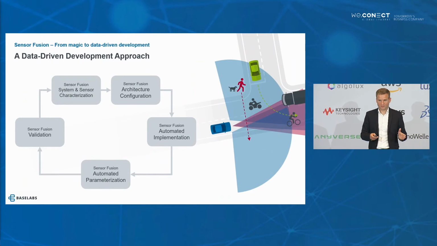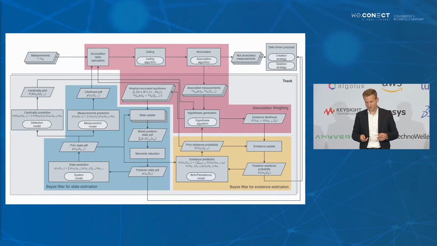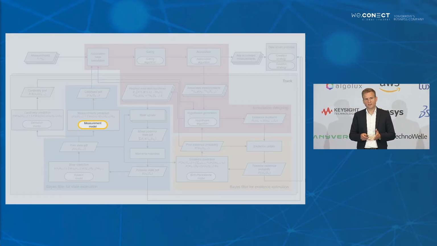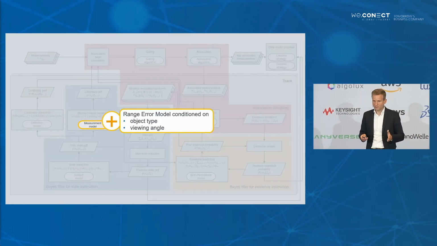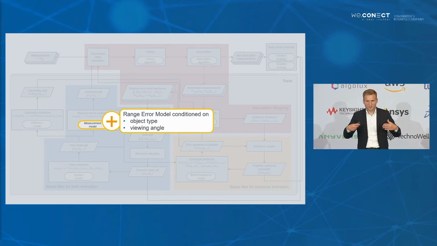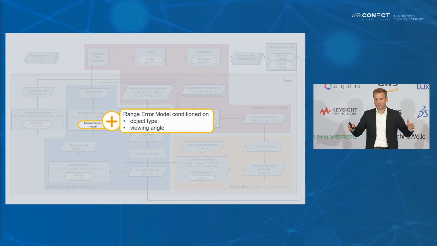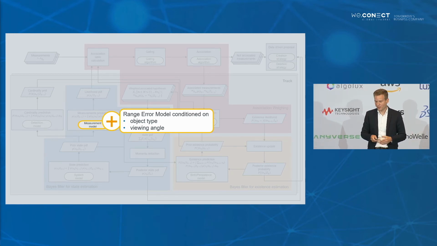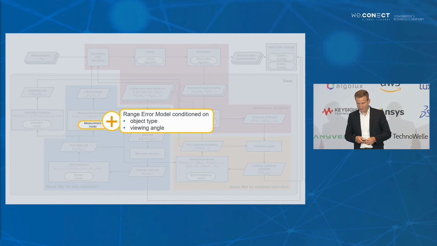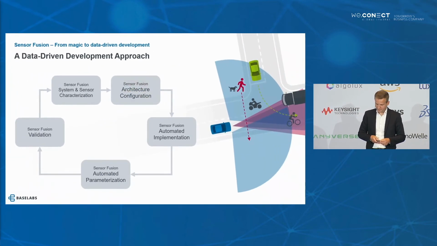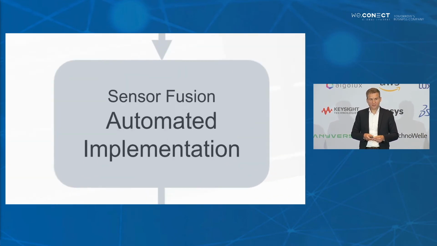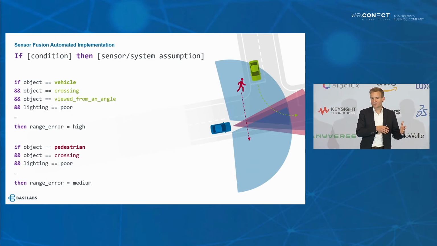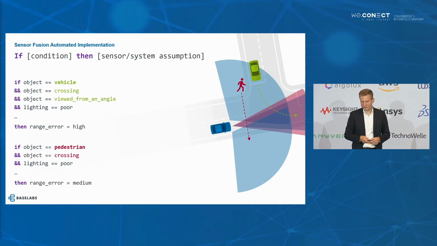Once we have found those models, and of course we have lots of those models, we can now go back to the architecture. If the architecture contains something like a plus button, then we can simply add all those models to the architecture. For that, the architecture itself doesn't change. We just add some more models, so we can reuse the existing architecture and add all the models that we have found in a very quick way. Once we have done this, the implementation can be automated because the architecture itself is fixed. We just add models for that.